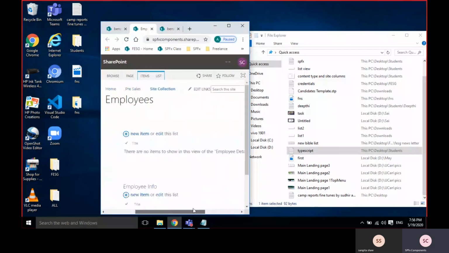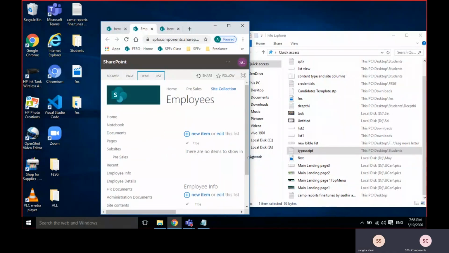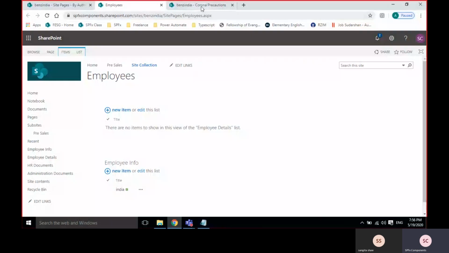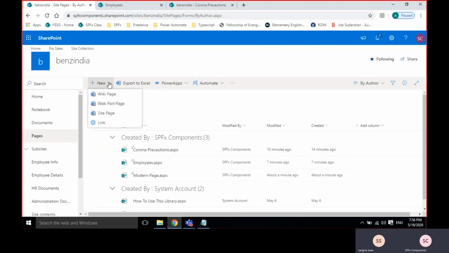See now, this is not responsive. So we can go with that modern one.